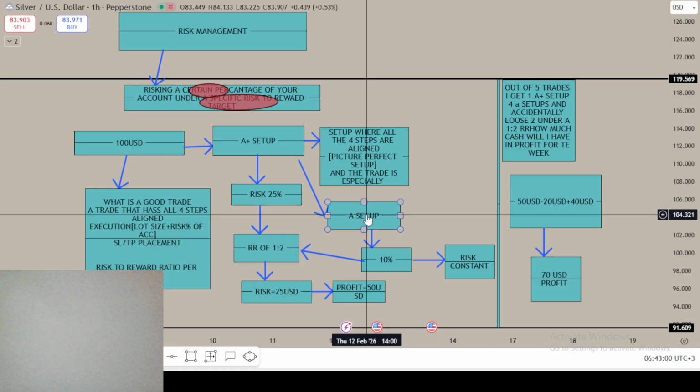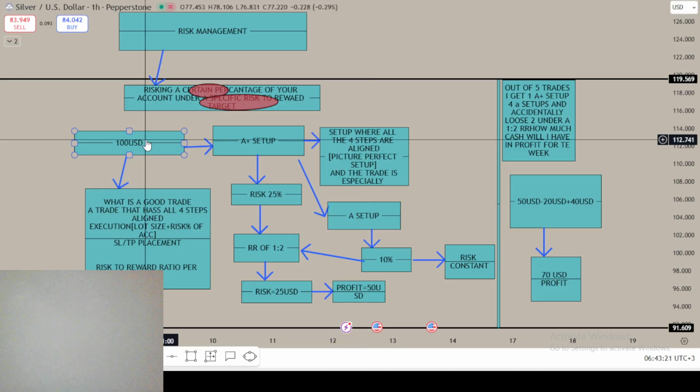If you risk 10%, let's say that there is no A plus setup this week. If you risk 10%, you have 10 trades to lose. And if you lose even three trades or five